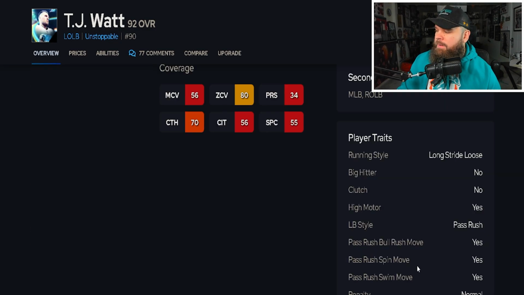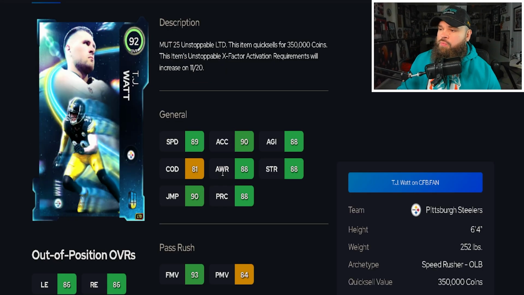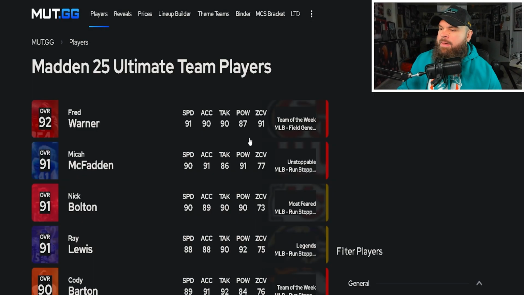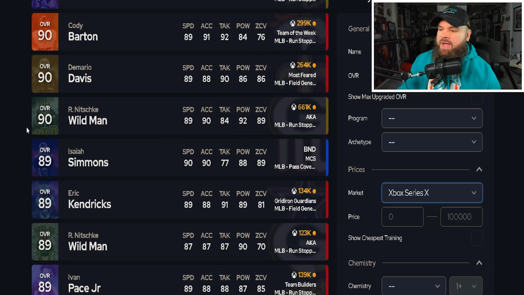And he does have all 3 pass rush traits on. Yes, I feel like TJ Watt can really do a lot of things. After outside linebacker, we are going to go to middle linebacker right here, where cheap middle linebacker in the game,